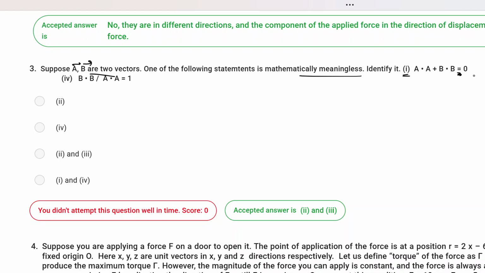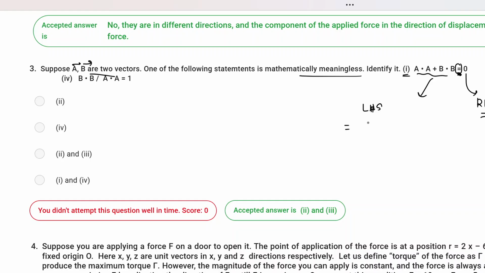0. Now the first thing you notice is that this is the RHS, or right hand side. RHS is 0, and 0 is a scalar quantity because this 0 is just a value. There is no direction added to 0. The 0 is a scalar, right? So once you notice that your right hand side has a scalar, then to have this equation as mathematically meaningful, or have a meaning to this equal to sign, you need to satisfy that the left hand side is also a scalar quantity. So this is left hand side, LHS.